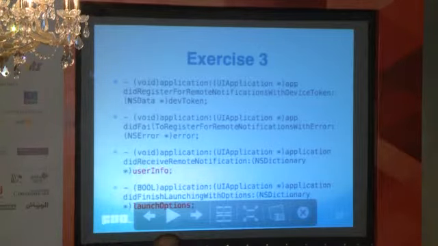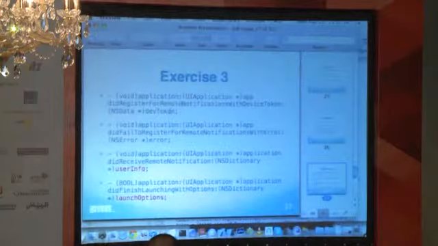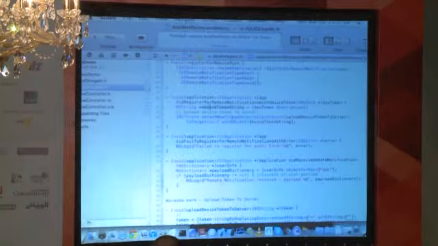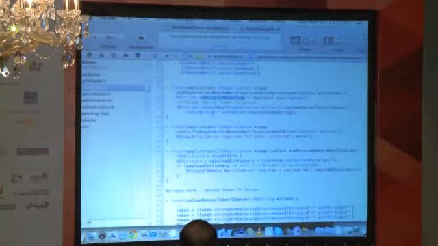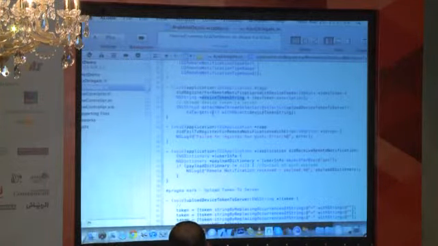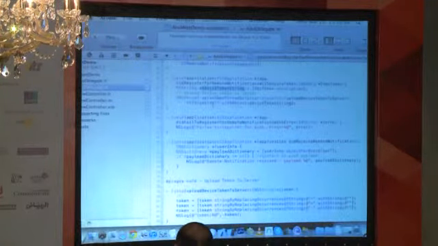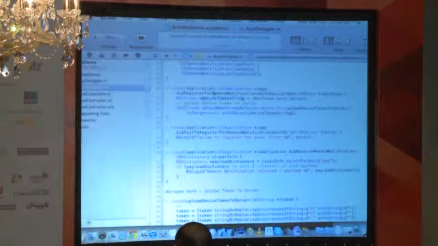So the last step is when you receive push notifications. Sometimes the server sends options with the notifications, which means you can choose whether you want the app to open when the user clicks on the notification, or you want the user to click on the notification and open the app, but with a different view. For example, if you want to show him a certain view,